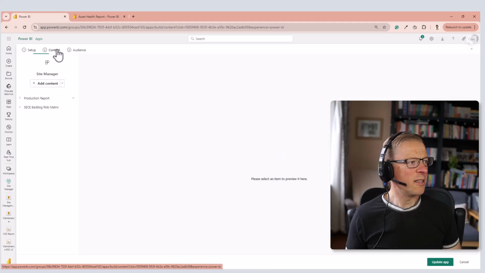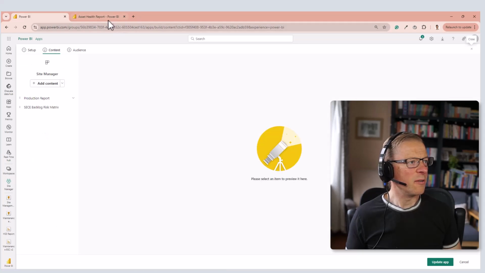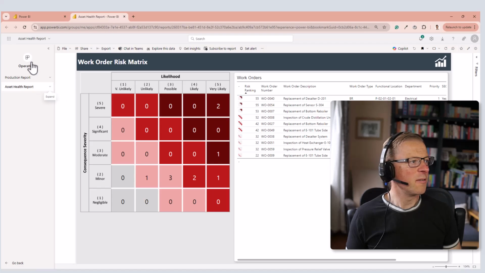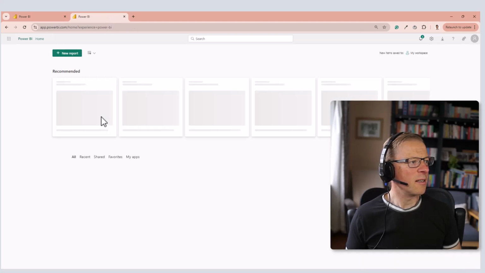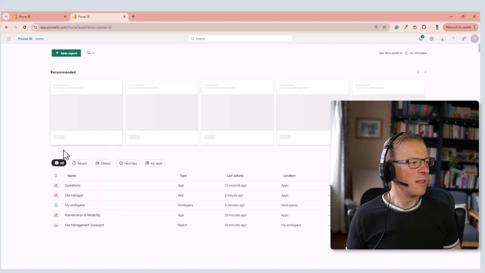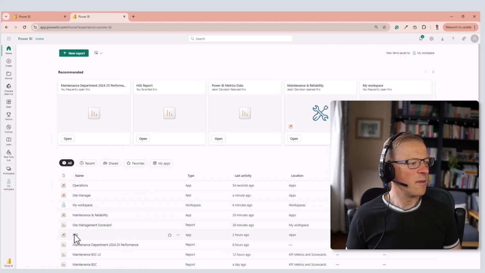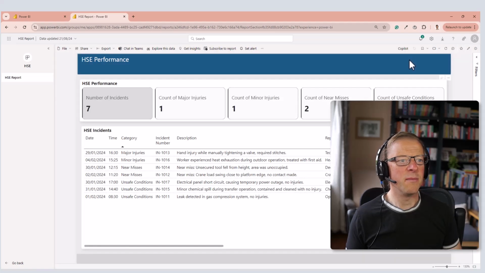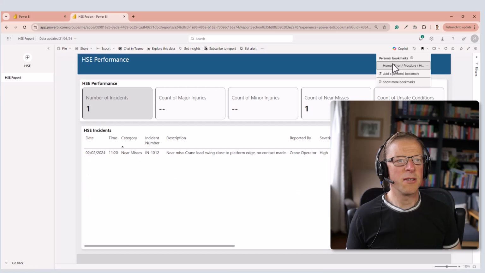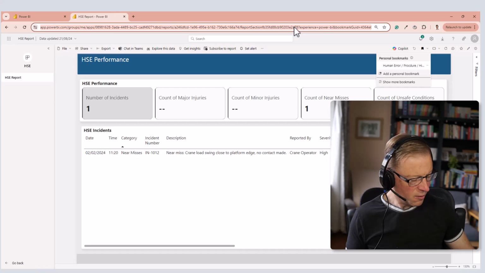I'm going to go to Content, and we're going to go and actually find some new content here. So let's go back, and I'm going to put in the health and safety report here. Here it is. There's a HSE app, so we'll go to there. And here's this report here. And again, this one's going to have a bookmark associated with it. So let's go in here, and we'll apply this bookmark. We'll copy the URL,